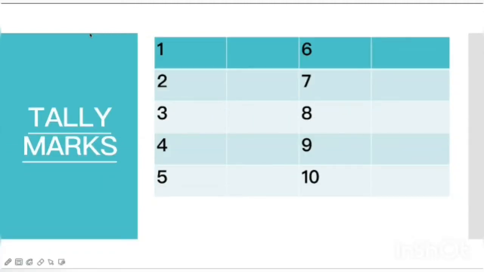Students, these are tally marks. We put one bar for writing 1. This is called tally. For writing 2, we put 2 bars. In this way, children, for writing 3, we put 3 bars, and for 4, we need to put 4 bars. For writing 5, children, we make 4 bars, and one slant line will cut all these 4 bars. This will make 5. Now, children, when we have to write 6, we need to put 4 bars with one